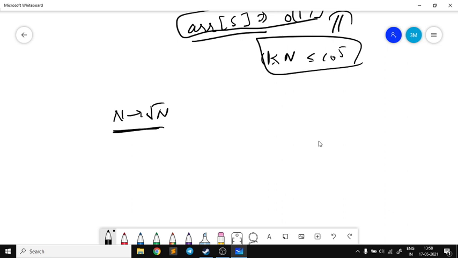How? We know from our previous lectures and the live session that all the divisors occur in pairs, right? So there is no need of checking till all the n. Instead, we can check till root of n, right?